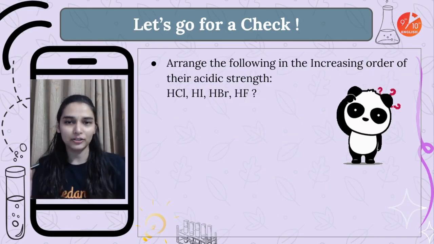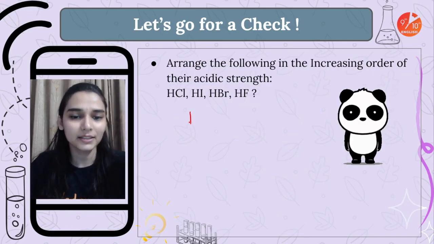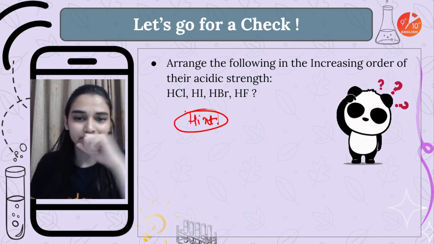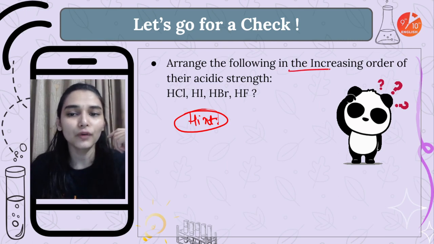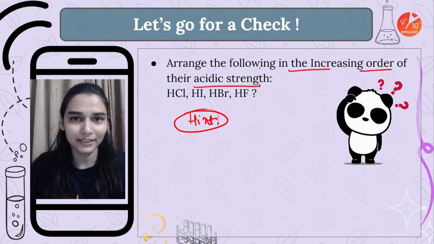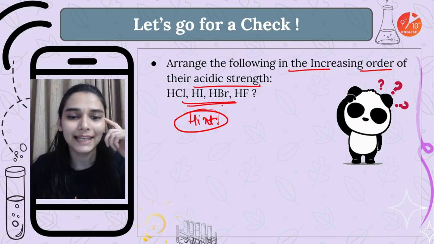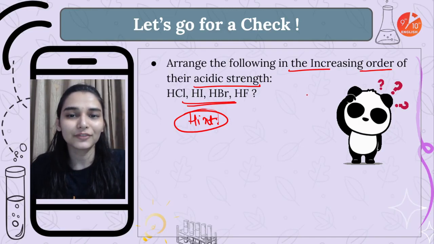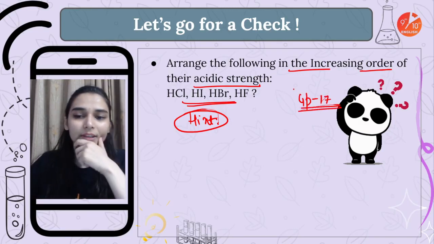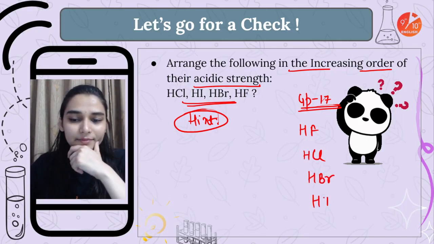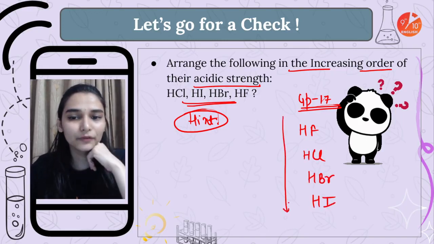So we will have a question to discuss over here. I will give you a hint, and the correct answer you will give me in the homework section. Look, the question says arrange the following in increasing order of their acidic strength, and what are the species that are given to me? These are the halides. I am provided with the halogen family, group number 17. So what I can see is HF, HCl is there, HBr is there, and HI is there. These are the acids of group 17.